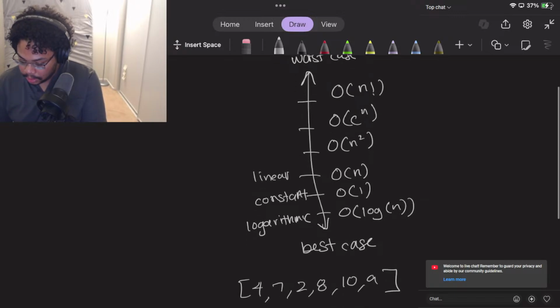So if we're trying to set largest to something and negative infinity is there, so we check